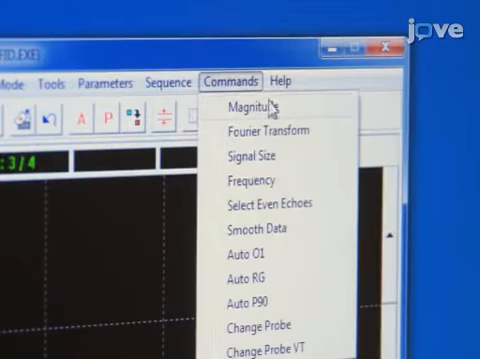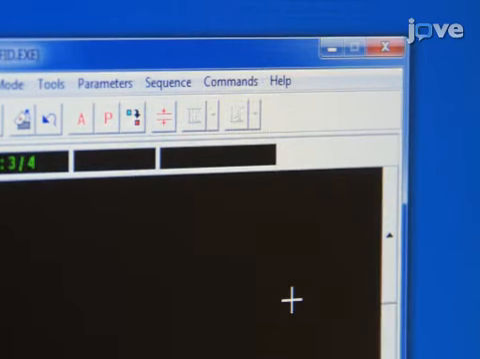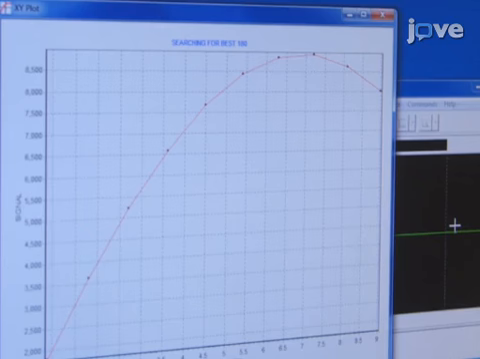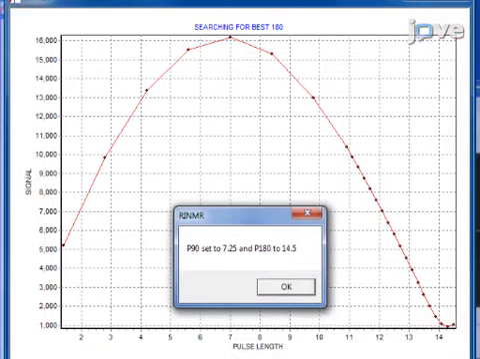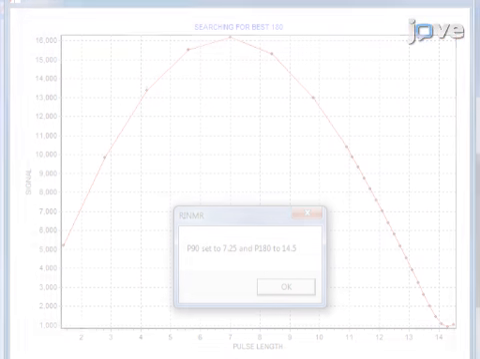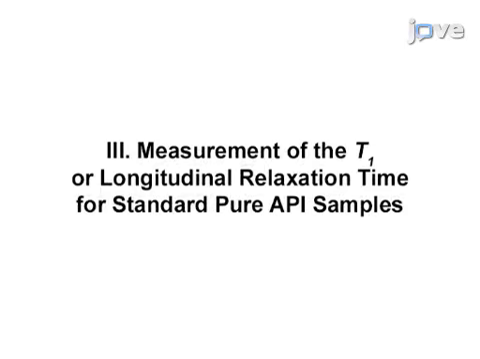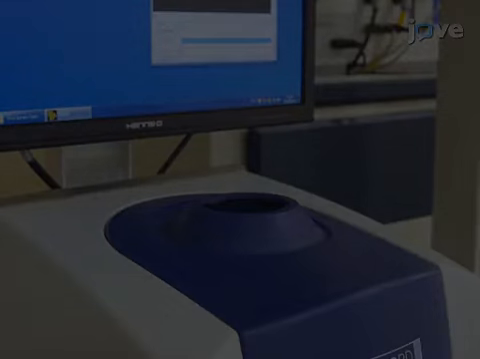Navigate to the Commands menu in the NMR software and select Auto P90 to calibrate the 90-degree pulse for F19 with the standard Teflon sample using the standard automated calibration sequence available in the instrument. For a better signal-to-noise